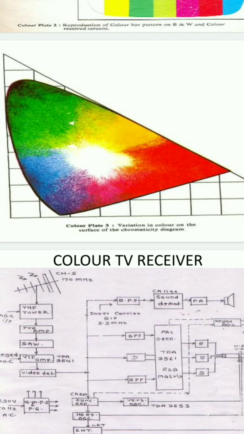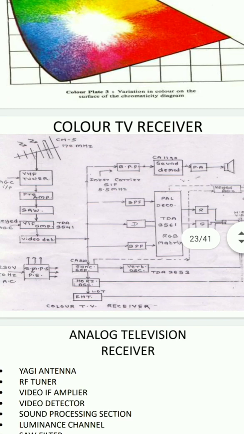They are showing the corner colors, which are nothing but red, blue and green. And in the middle you will get the whitish area. So you can see. Now we can talk about the color TV receiver. So here you can say it will consist of